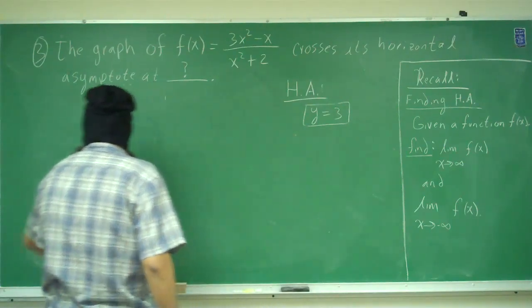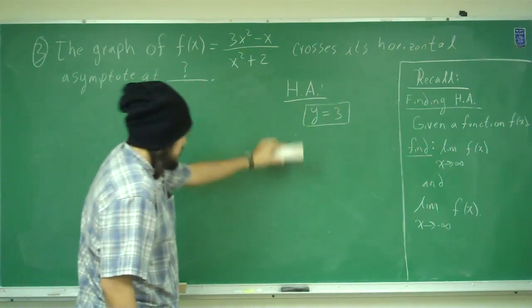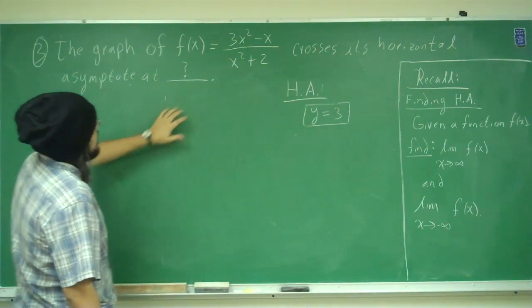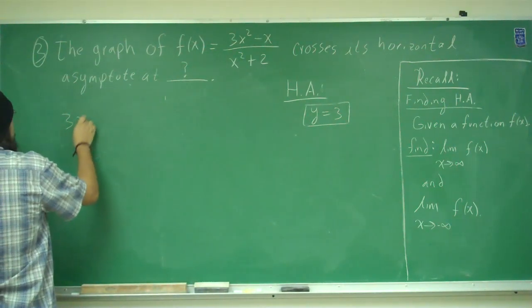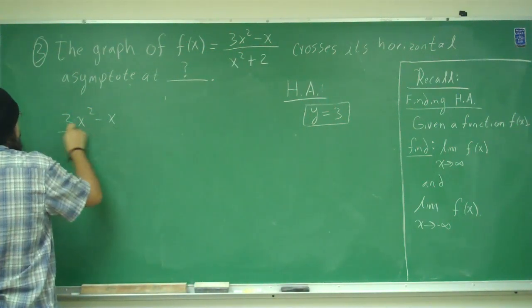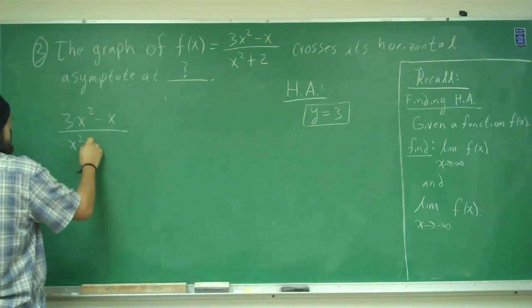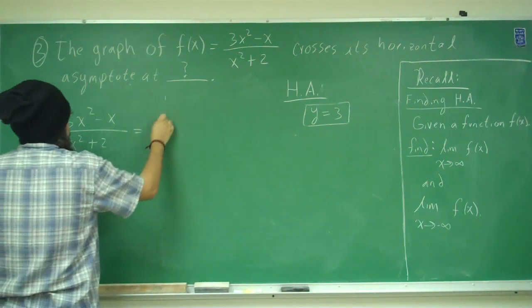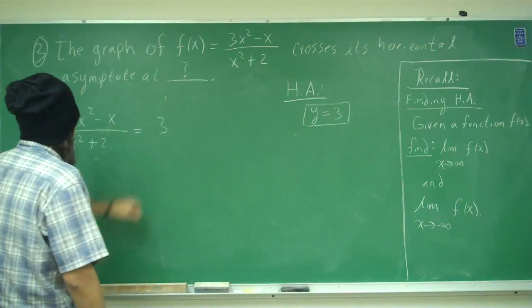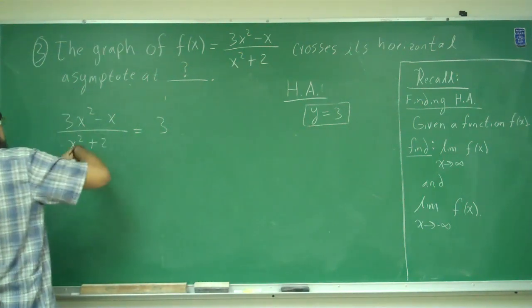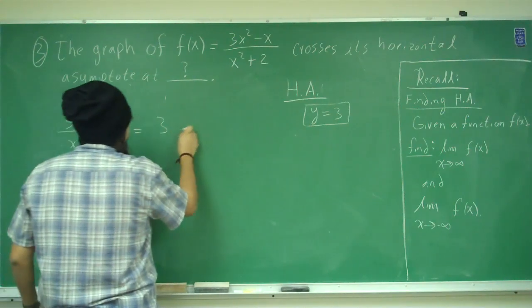Alright, so in order to find the x value that produces y equals 3, we need to make this function equal to 3. So (3x squared minus x) divided by (x squared plus 2) is equal to 3. So you want to find an x value that gives y equals 3. Okay, so what I'm going to do is move the 3 to the left side. So I'm going to get